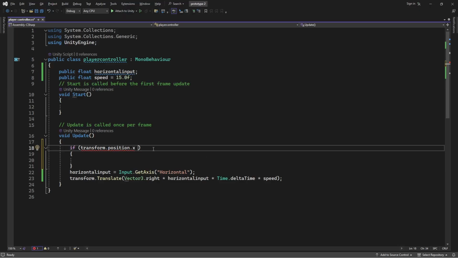That's X. Is just the less than symbol. Less than negative 10,